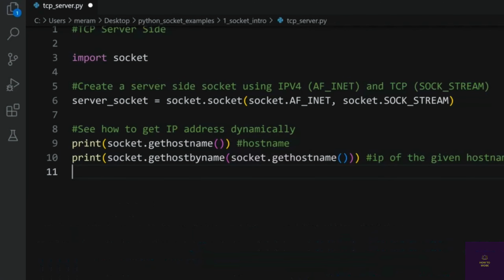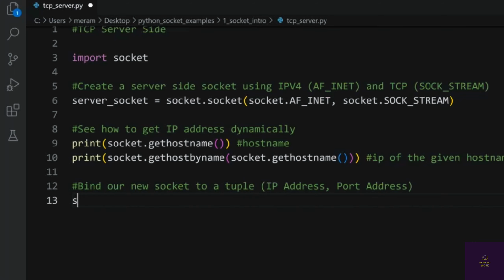All right. So let's set this up. So we're going to put a comment here. We'll say bind our new socket to a tuple, and that tuple is going to be IP address and port address. All right, so we'll call our socket, server socket, and then we will call the .bind method. And so this is what's going to essentially attach it to a specific location where it's always going to be listening for incoming connections. Inside of here, I need to pass this as a tuple, so I'll need another set of parentheses. The first thing that I'll do is I'll give the IP address, and we're going to get that IP address just like we talked about before,